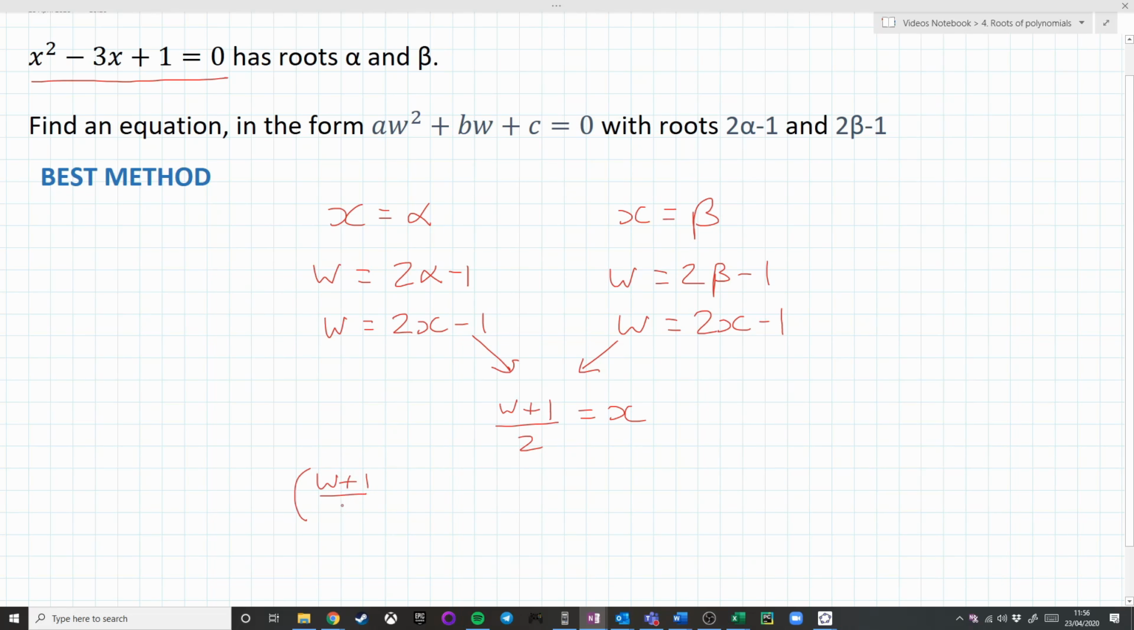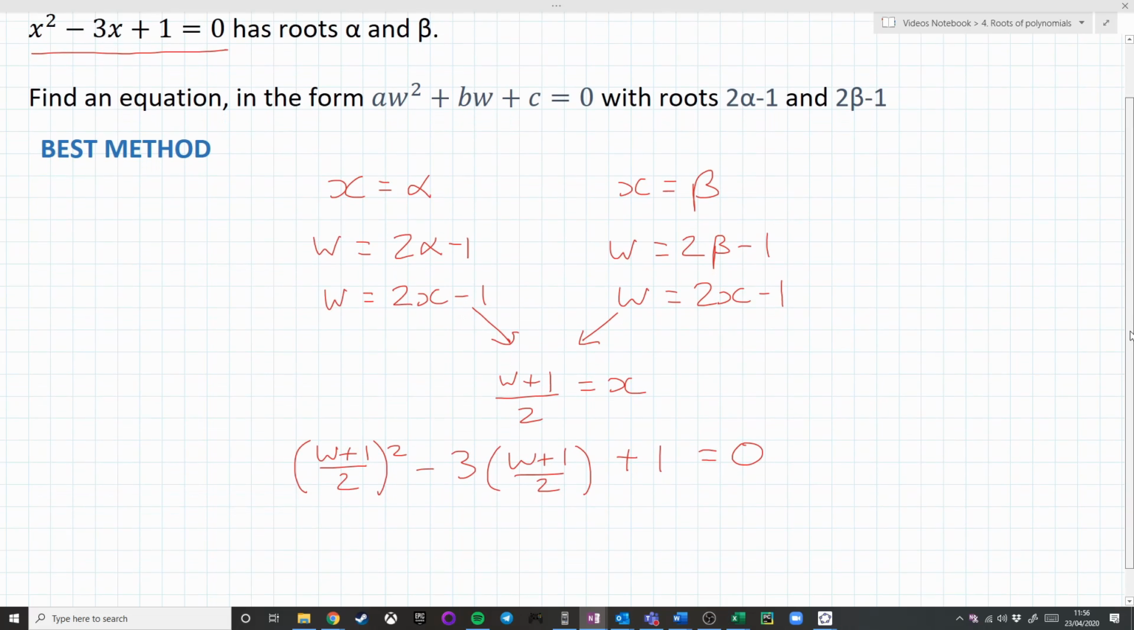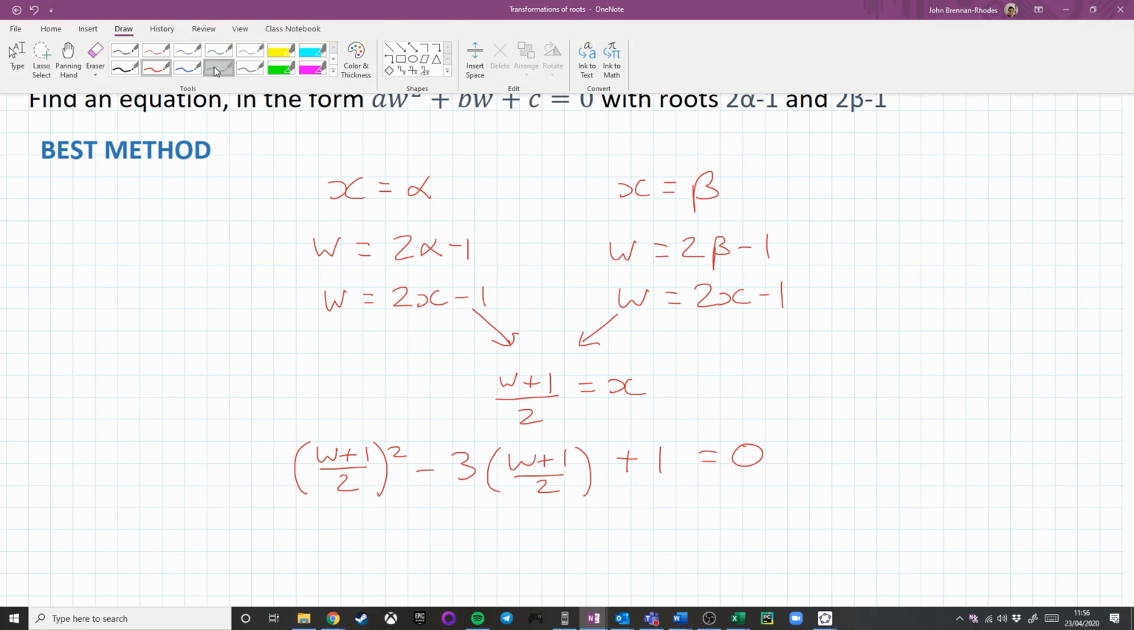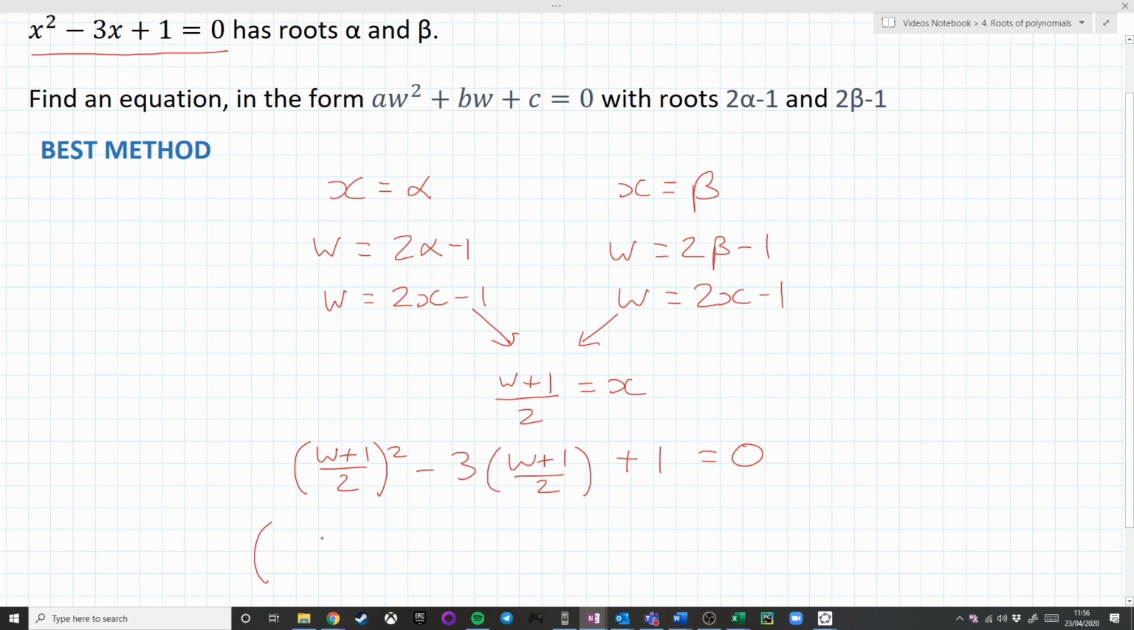(w plus 1)/2 all squared minus 3 times (w plus 1)/2 plus 1. And this will have the roots that we require. And you can check it, because if you were to put omega, and I'm going to just do this briefly before I expand it out, if you were to write this equation out and replace it, so (w plus 1)/2 squared minus 3 open brackets (w plus 1)/2 plus 1 is equal to 0,